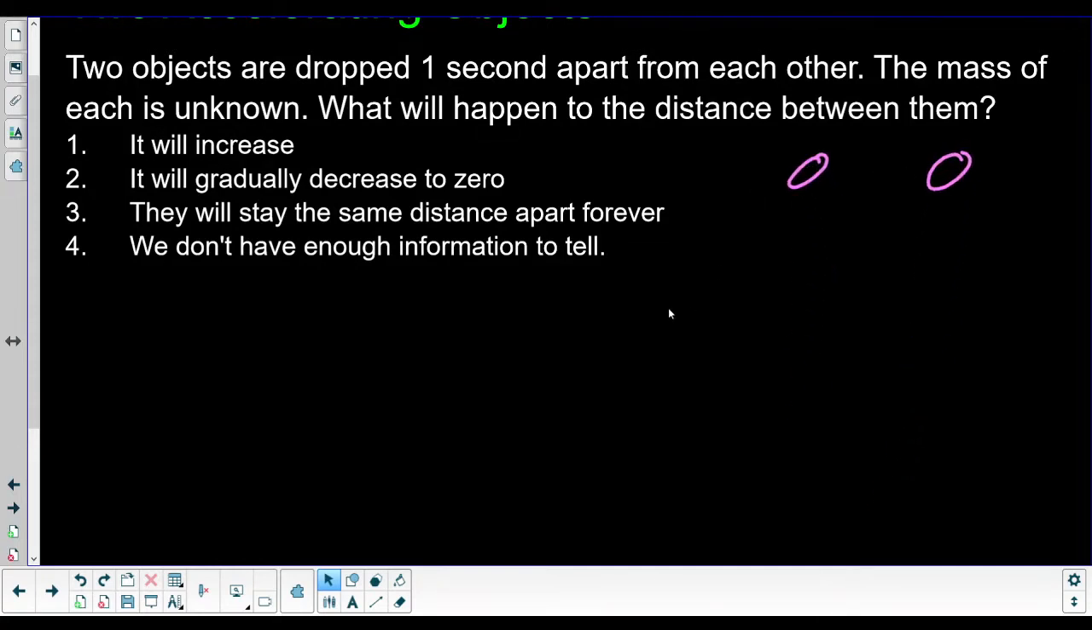They could stay the same distance apart forever. This one could fall, and then they just fall in unison together forever. Or another possibility is that we don't have enough information to tell here. So there are a lot of different approaches to doing this problem, and I don't think any of them are incredibly straightforward. So let's look at a graphic approach, and then let's maybe look at an